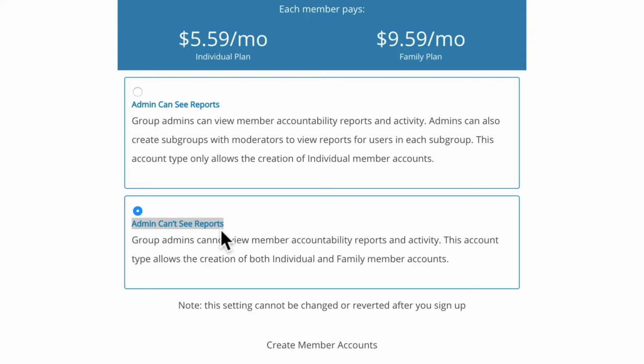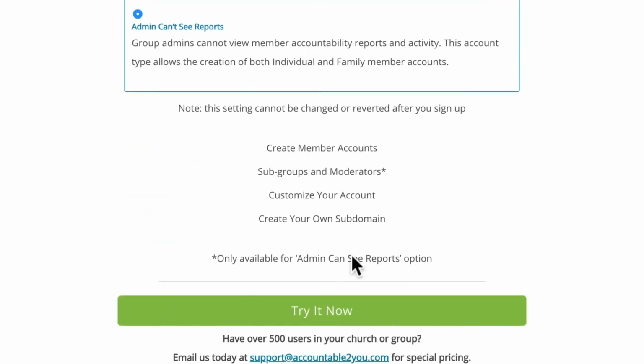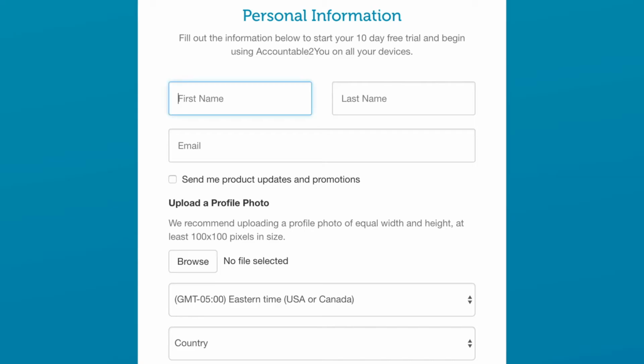Members will be able to set up their own individual or family plans at a discount when they sign up using one of your invitations. Oh, and they can always choose to include you as an accountability partner if they want you to get their activity reports and alerts. After you select which type of group plan you want, click Try It Now.